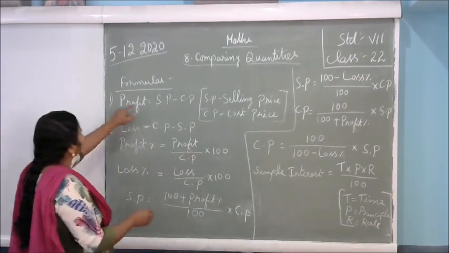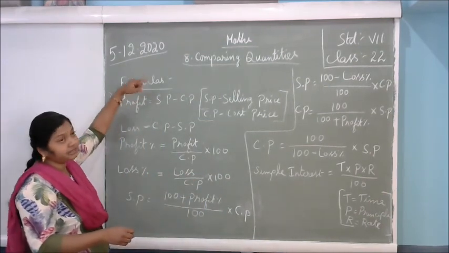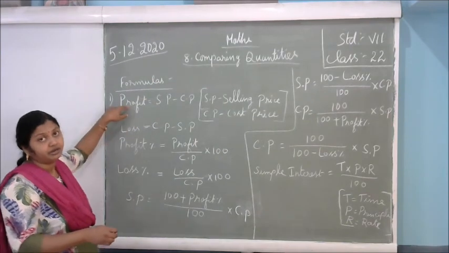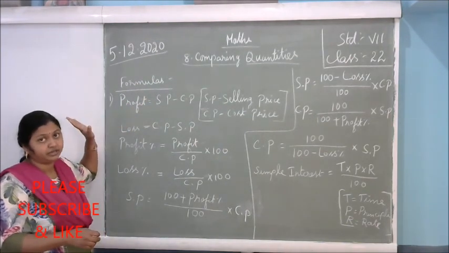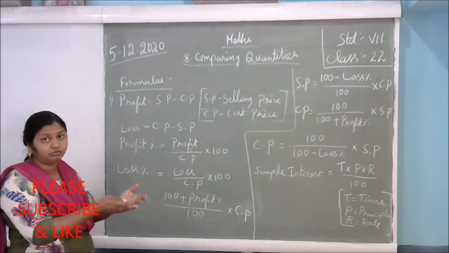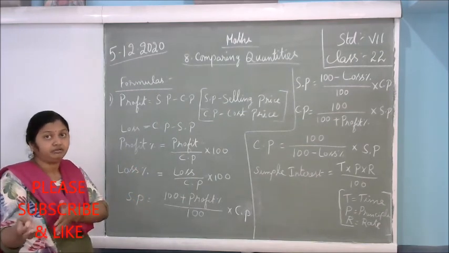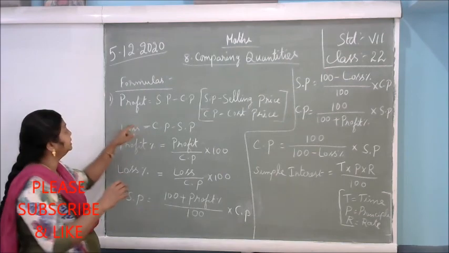Okay, that's right. Selling price should be more. Selling price is more means you will get the profit. Suppose the cost price is more means you will get the loss. What you are buying, that price is more than the selling price, what you are giving, that money is less, means you will get the loss.